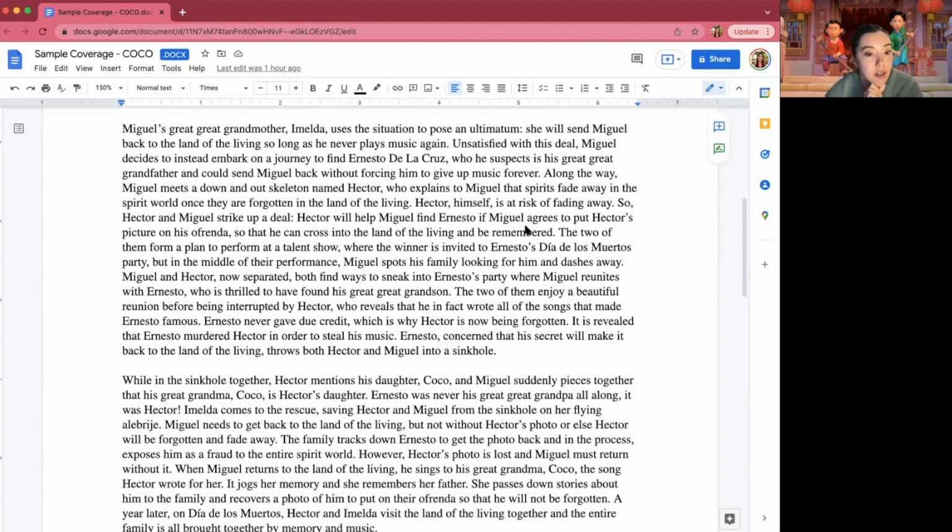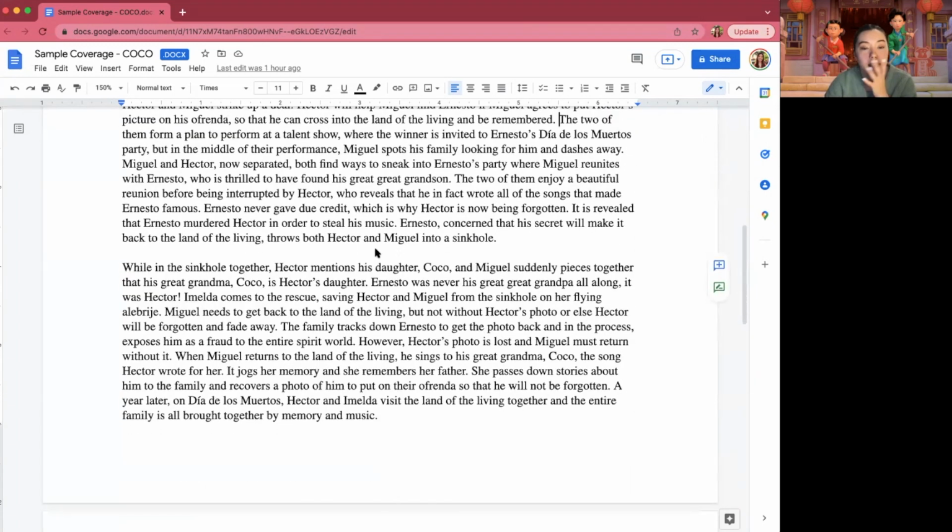It is revealed that Ernesto murdered Hector in order to steal his music. Ernesto, concerned that his secret will make it back to the land of the living, throws both Hector and Miguel into a sinkhole. So again, only mentioning things that are integral to the plot,